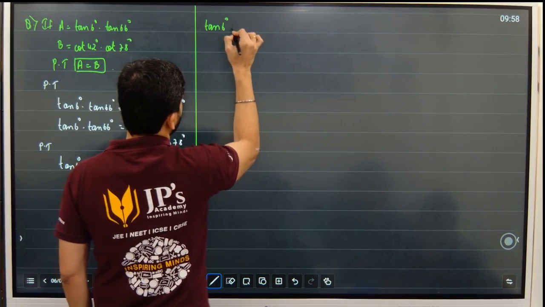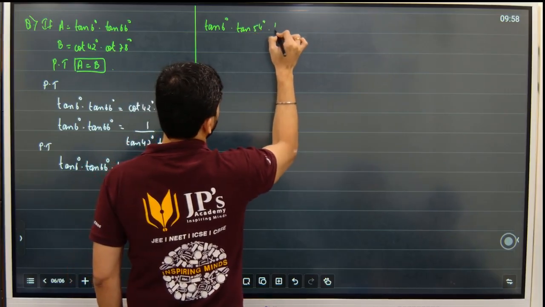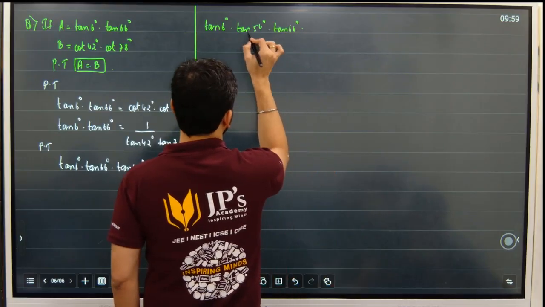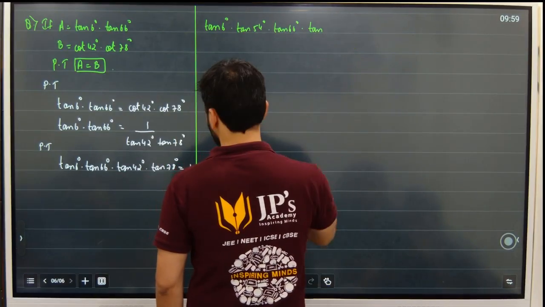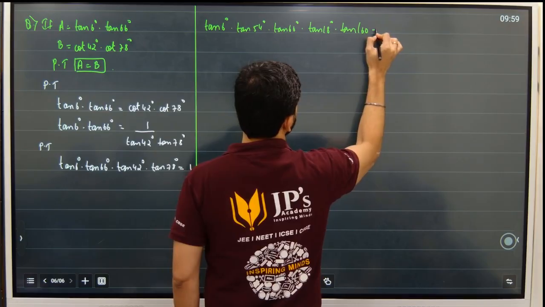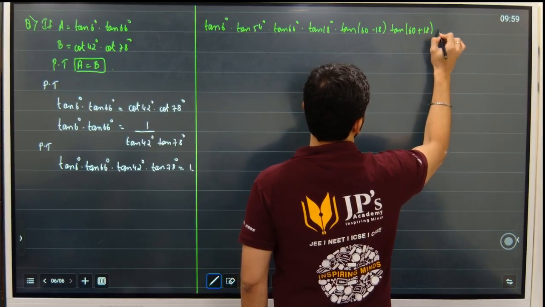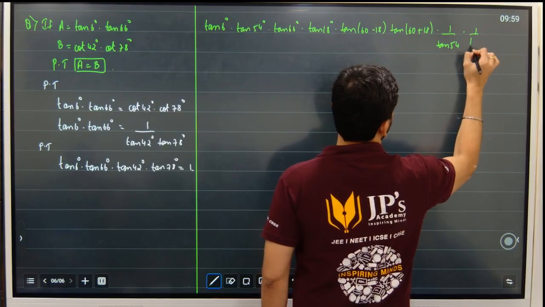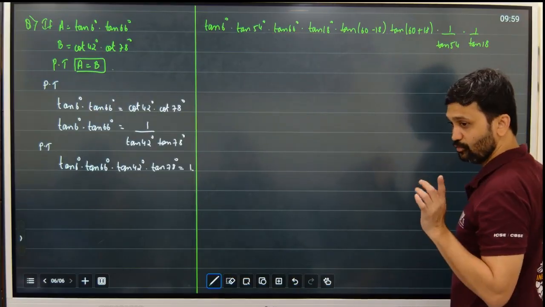tan 6 डिग्री इंटू tan 54 डिग्री इंटू tan 66 डिग्री, मल्टीप्लाई, एक बात नहीं, डिवाइड भी करेंगे, इंटू tan, अब देखो, tan 18 डिग्री, tan 60 माइनस 18, tan 60 प्लस 18 मल्टीप्लाइड बाय 1 अपॉन tan 54 इंटू 1 अपॉन tan 18। मैंने ये दो टर्म्स को इंट्रोड्यूस किया,